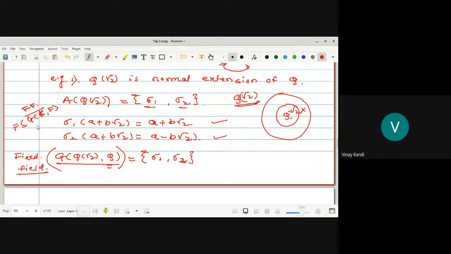Okay, what is the fixed field of this one? What is the meaning of the fixed field of this one? G Q root 2 is